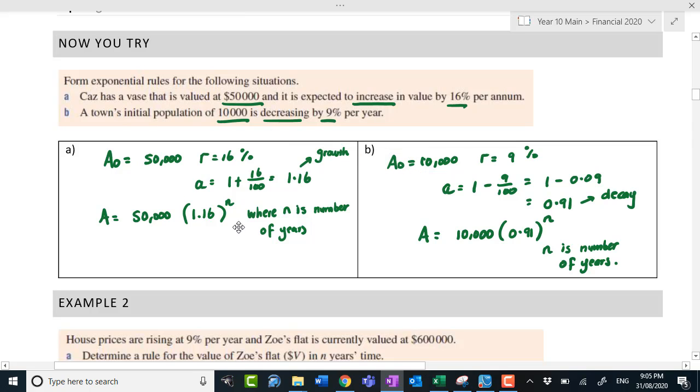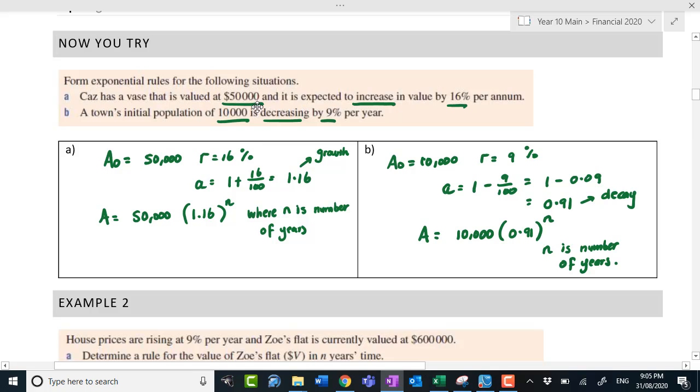And from there, we can then throw that into our equation, like so, where n is the number of years. And usually it is years, but sometimes it could be months and things when we get into some other questions later, looking at financial. All right, and likewise, we've got a 10,000 population to start with, but this time, look,